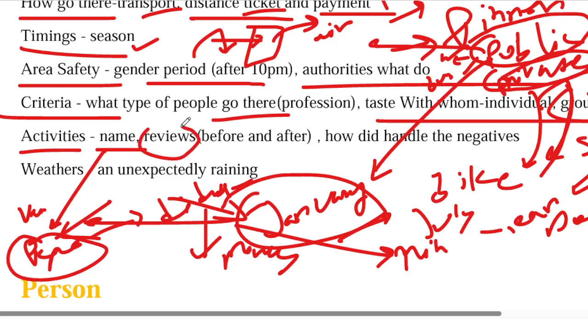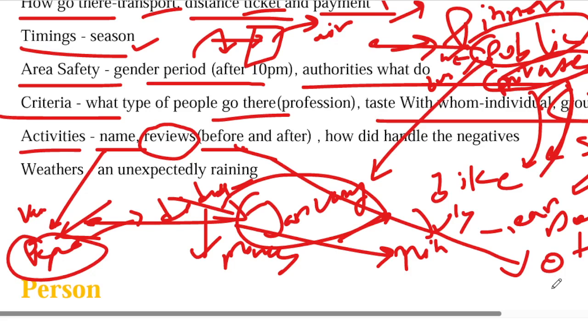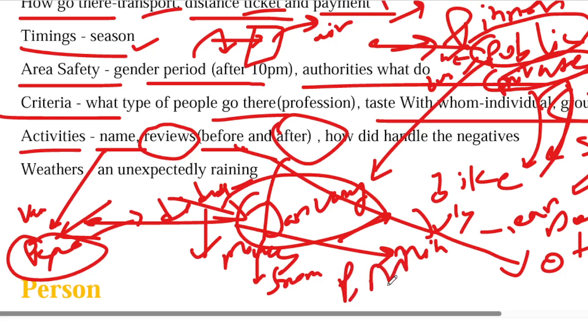And then a review. See, before you go anywhere, you look at the review. And nowadays there are a lot of blogs, video blogs, right? People talk about the place, what you can do and what you can't. To talk about the reviews, there can be two types of reviews. One is before. Before review means from other people. You look at what kind of things other people have to say about that place. And after review, this review will be from you. You are going to review it, the positive and also the negatives. So you can talk about two types of review. Before you went there, it will be from other people, and after you went there, it will be from you.